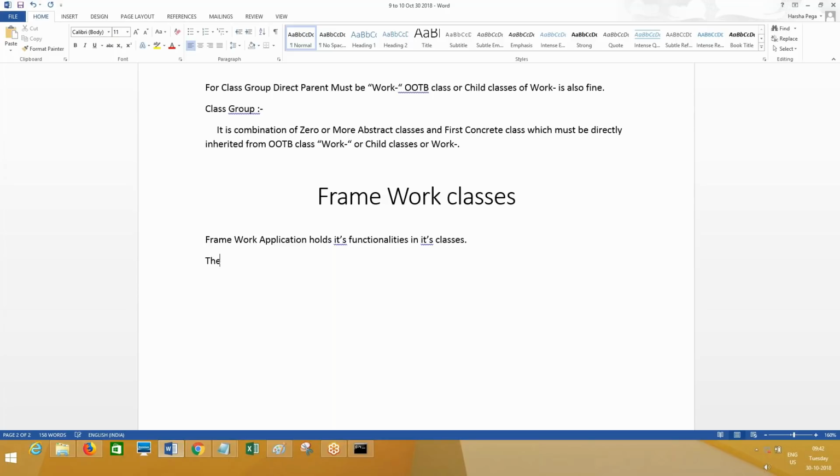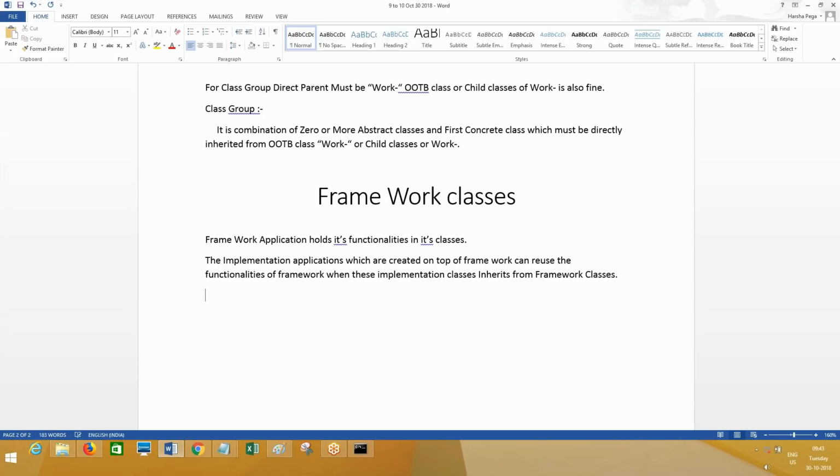Next point is the implementation applications which are created on top of framework can reuse the functionalities of framework when the implementation classes derive, or you can say inherit, from framework classes. Okay, then only it is possible.